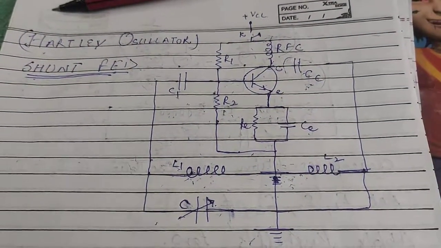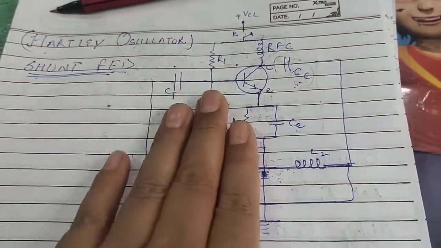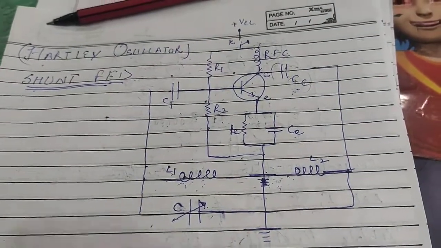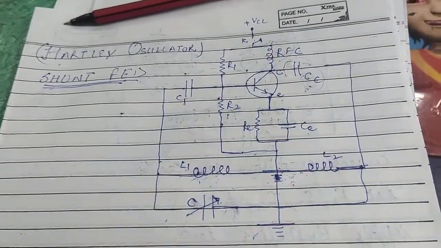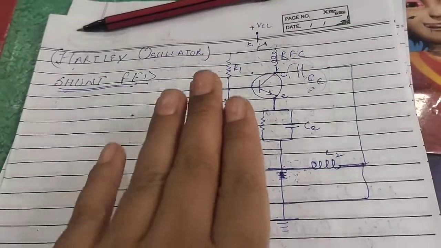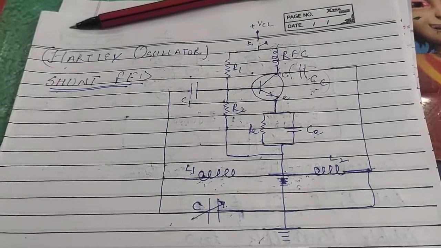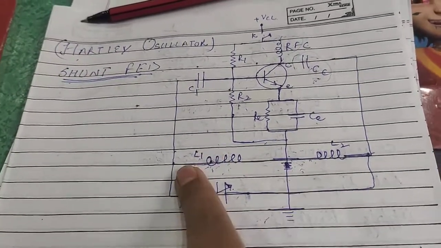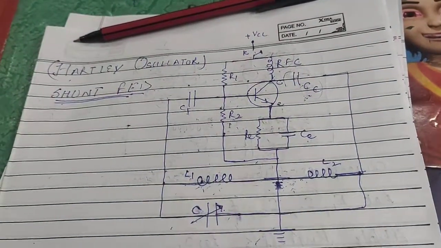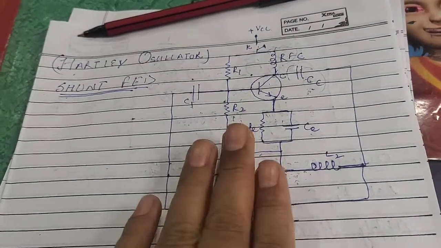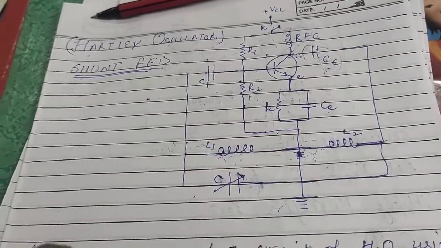As we know, due to this feedback, the variation in IB is amplified beta times, which will further appear in the collector part as output. Therefore, feedback energy from the collector emitter circuit to the base emitter circuit is accomplished by means of mutual inductance between L1 and L2. In this way, energy is continuously supplied by the tank circuit to overcome the losses, so a continuous undamped output is obtained. Now we will discuss the analysis.